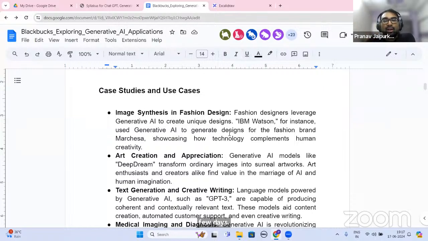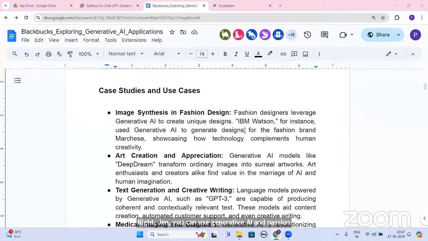So let's say that you are working in the fashion industry, right? You can use generative AI in the fashion industry to create unique designs of your own. There are people whose work is designing really top-end ethnic wear or something like that. So you can take help of ChatGPT and try to move ahead with this particular function. ChatGPT is definitely something that can really help you in getting an idea or an overview about the fashion.